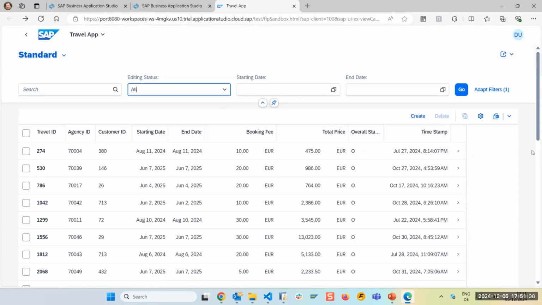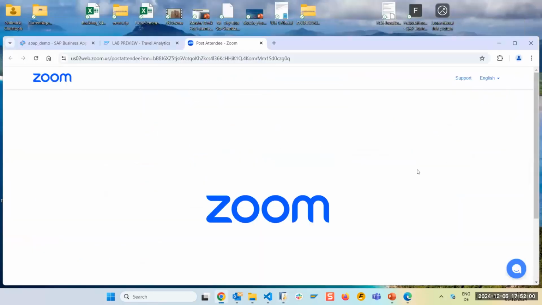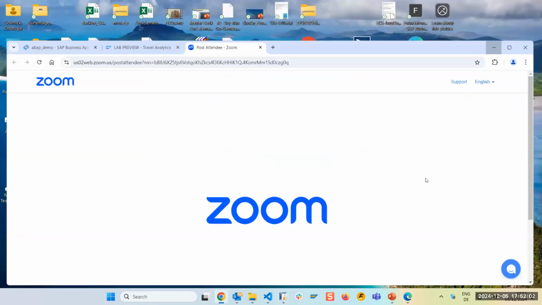Okay, so I will have another demo. And here I will go into the future. Basically, I will show you a feature which is currently developed by our colleagues regarding analytics capability with OData v4 from RAP and with SAP Fiori Elements. So, and this is now my labs preview part. The first labs preview part.